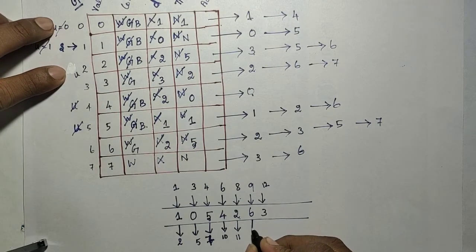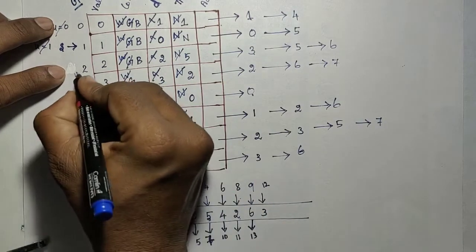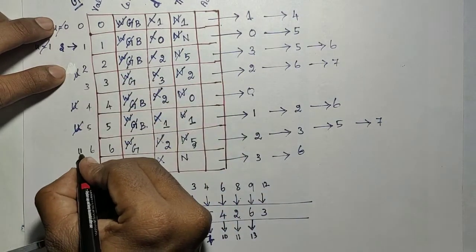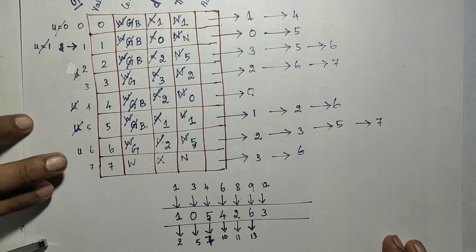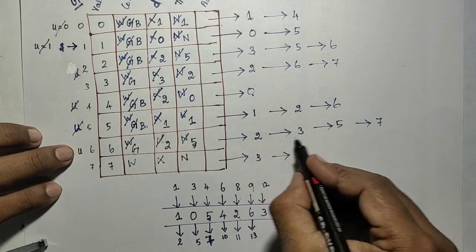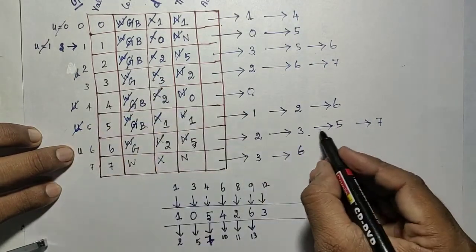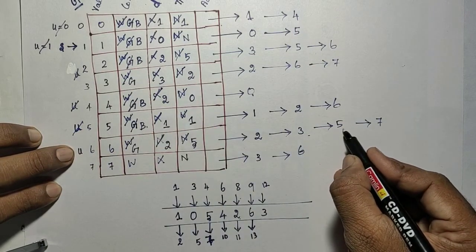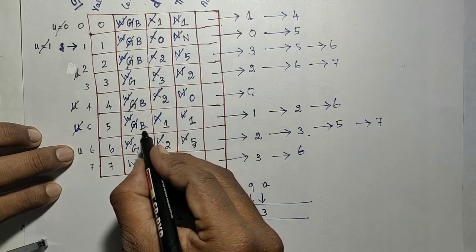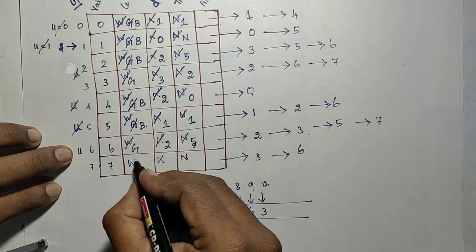Next iteration, the next dequeue element is 6. So that is the 13th. So u will move to 6 now. Now I have to come to that u, 6. The sixth node's adjacent nodes are 2, 3, 5, 7. Go to 2. 2 is visited, leave it. And then 3. 3 is also visited, leave it. And 5. And 5 is also visited, leave that. And 7. And 7 is not visited, so visit it.